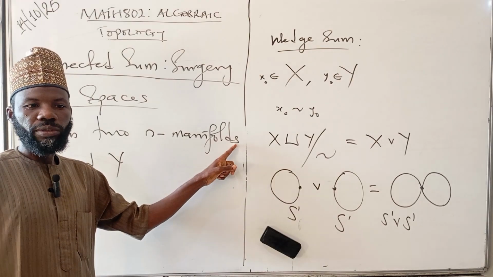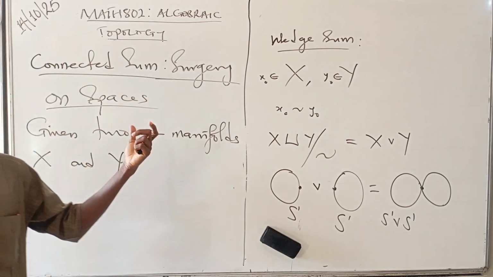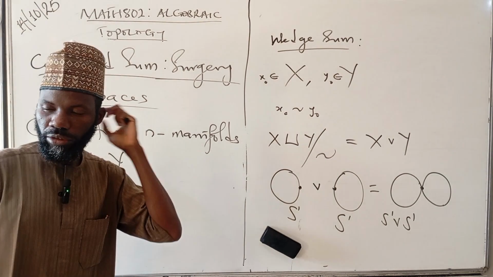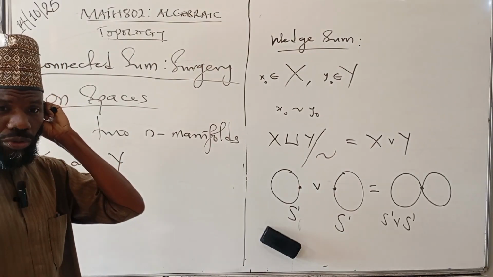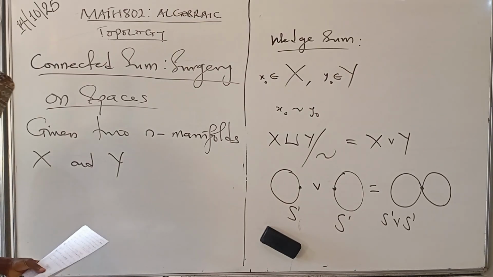These are manifolds of dimension n. So we are talking about a topological space that is second countable, locally Euclidean of dimension n, and also Hausdorff. We defined this in our first lecture, in the introductory class. So if you have these n-manifolds, you can